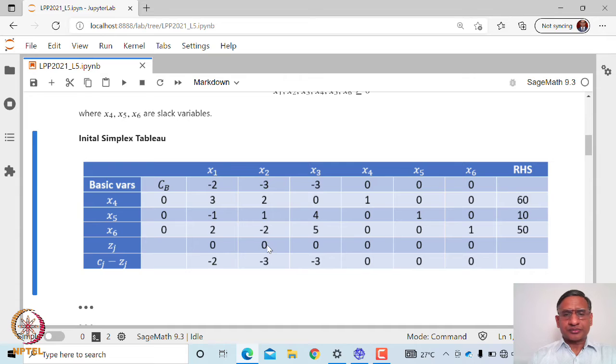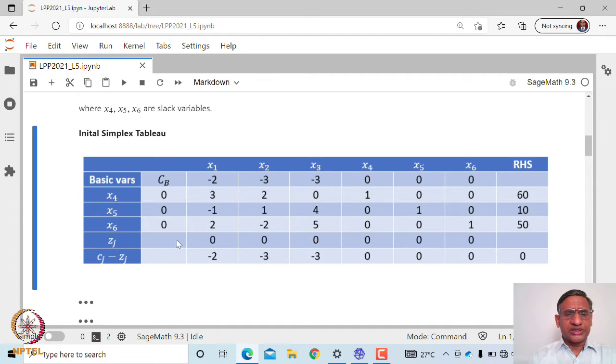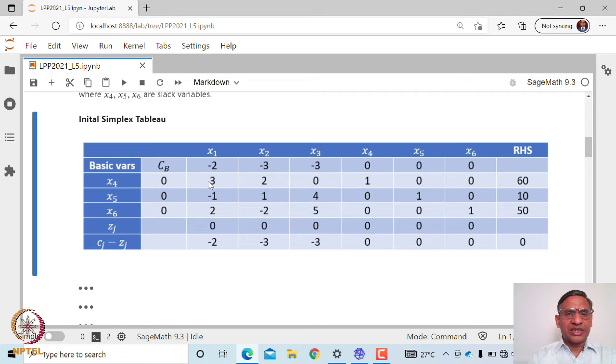Now, just for convenience, since all the computation that we have done here for Cj minus Zj can be done using elementary row operations, by what is called pivoting, there is no need of computing Zj and Cj minus Zj separately. Rather, we will use elementary row operations. Now we will not consider the first row, whose coefficients are already known to us, and we will also not consider this Cb column and this Zj.